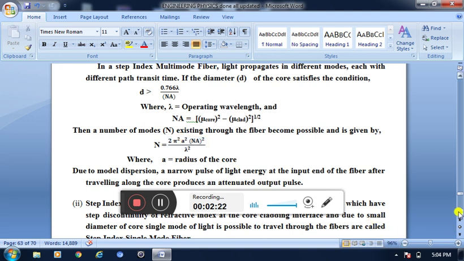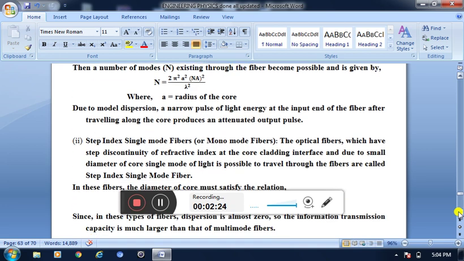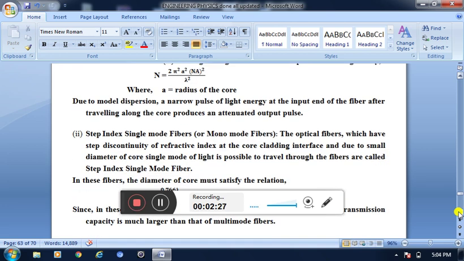Dear student, next we are going to discuss step index single mode optical fiber. It is also known as monomode optical fiber. In monomode optical fiber, we have a discontinuous refractive index at the core cladding interface. It means the diameter of the core is very small. When the diameter of the core is very small, it means a single light mode can travel in step index single mode